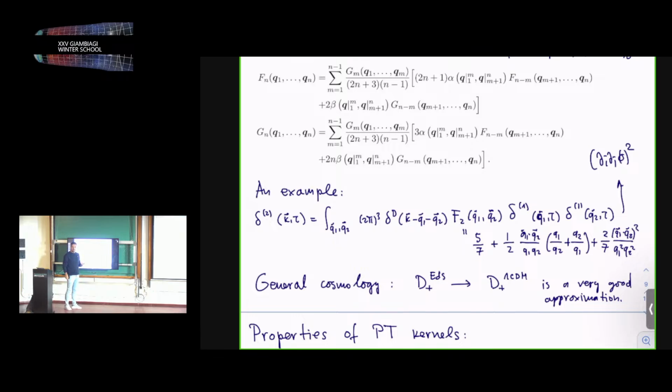This is a bit of a coincidence. There is no deep explanation for why this is the case. But let me just tell you that what is usually done in practice is that people just replace the growth factors in these formulas. For example, where does the growth factor appear in this formula? Well, it appears in the linear solution. So here this is proportional to the growth factor. So you compute everything like in Einstein de Sitter and then just replace the growth factors with some lambda CDM growth factor. And you will find a very good approximation to the exact solution if you were to solve everything consistently,